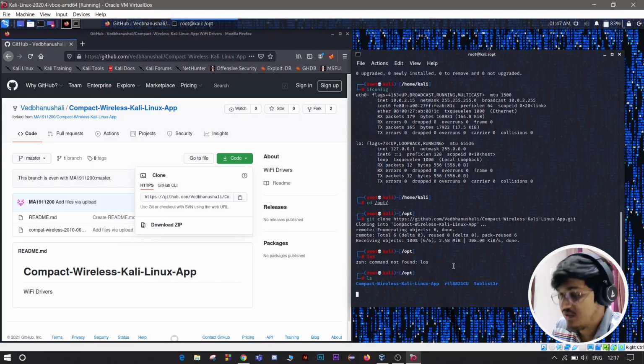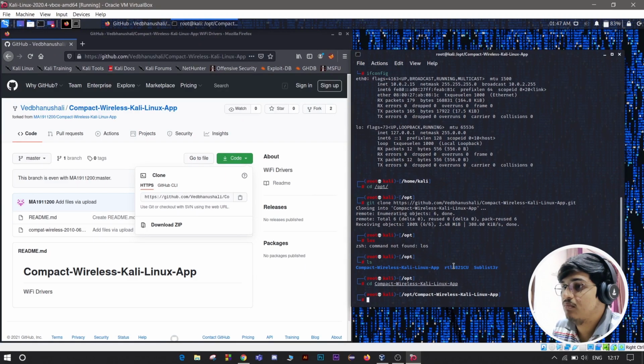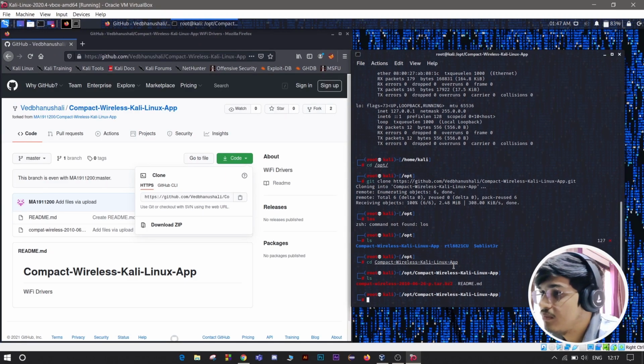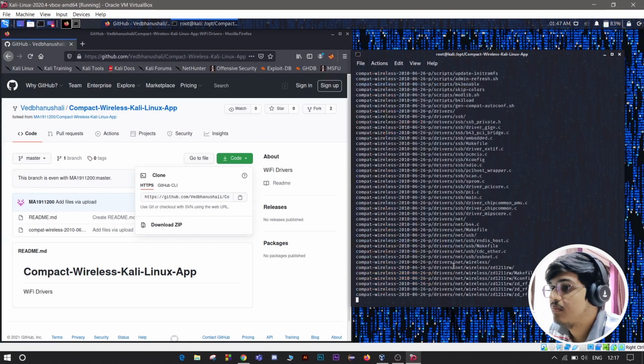So let's list. It is a tar.bz2 file, so we will extract it with tar -xjvf, I think, then compat.